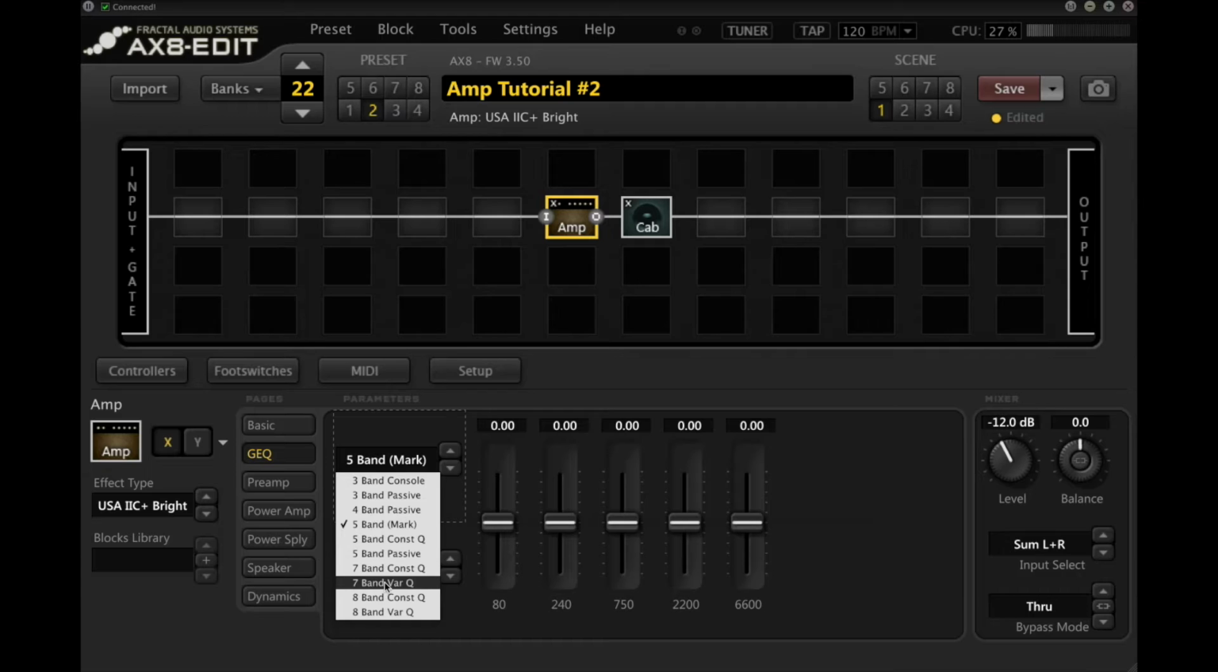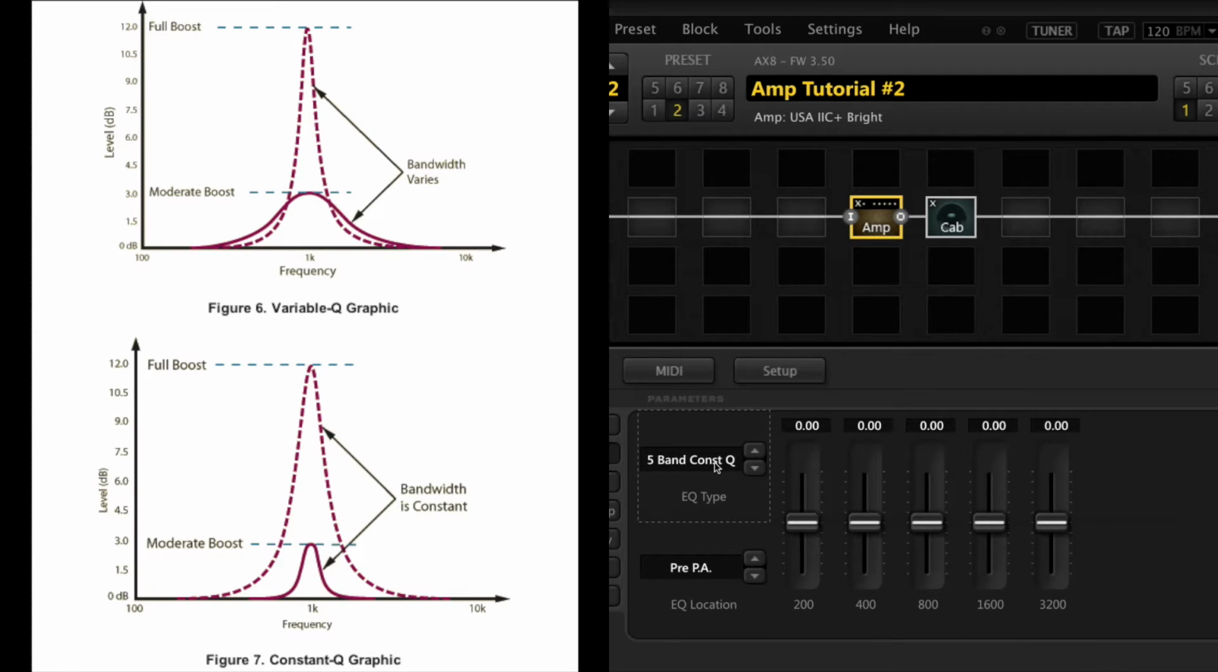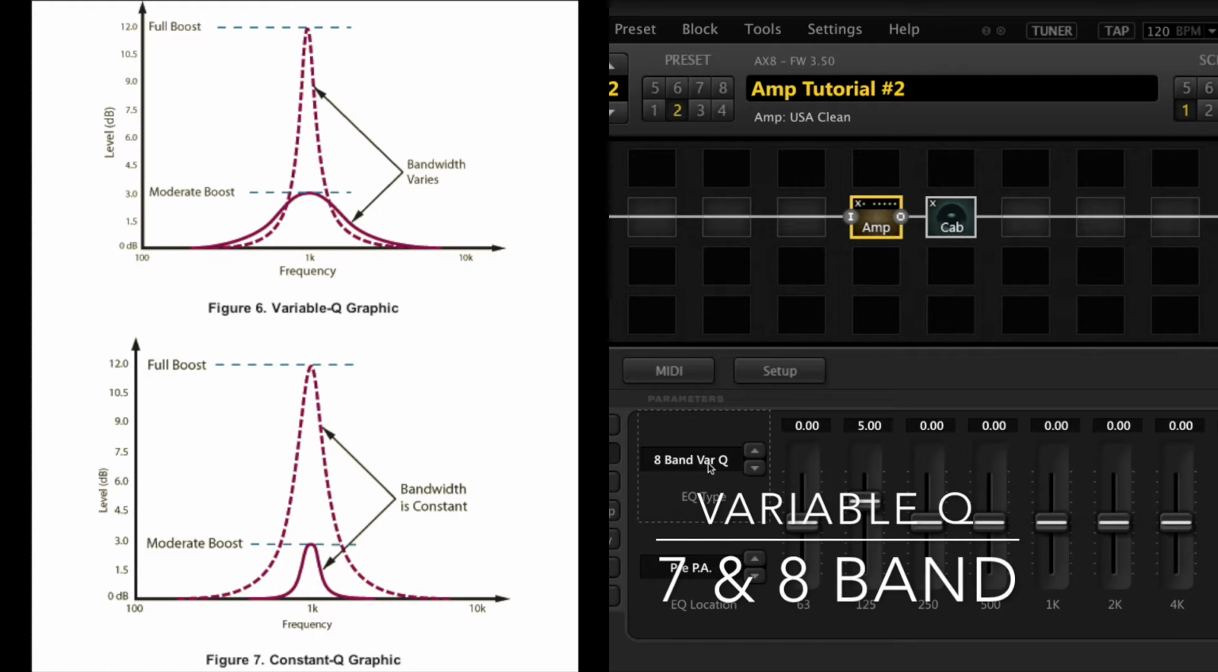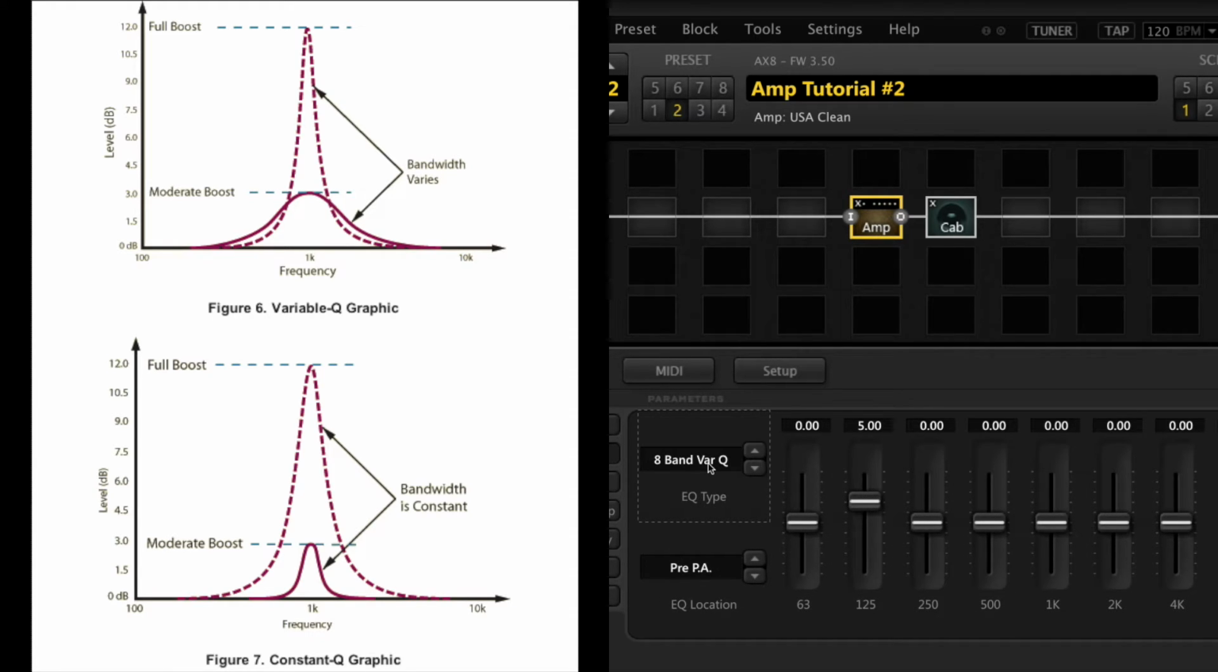Constant and variable. If we click on 5-band constant Q, 5 bands come up with these numbers. Constant Q means the bandwidth remains the same irrespective of the slider position. 8-band variable Q. Variable means the bandwidth and the frequencies that are being covered or attenuated or boosted or cut